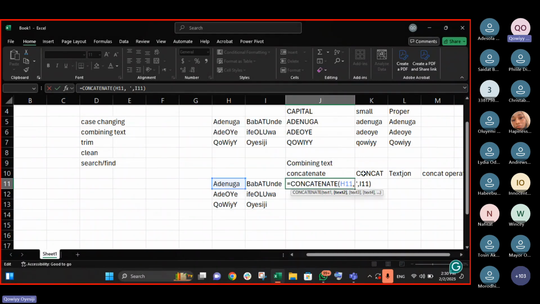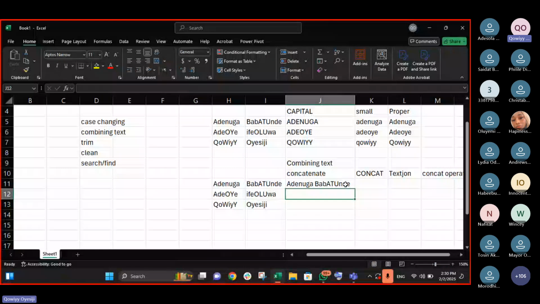Oh, I think that is in SQL. Sorry, it's in SQL, that's where it works. Use double quotation marks in Excel. Exactly. So can you see now that it works? Then what will I do next? I will just use autofill rather than stressing myself. Can you see now that it works?